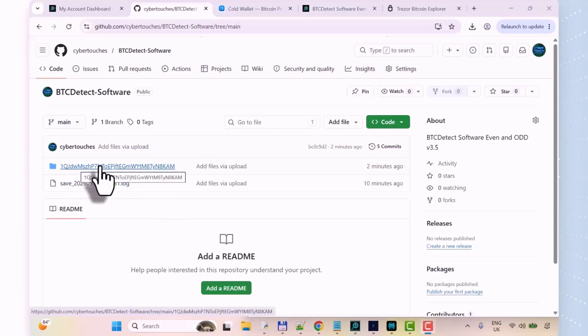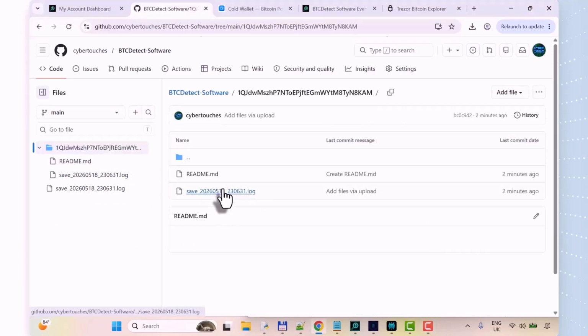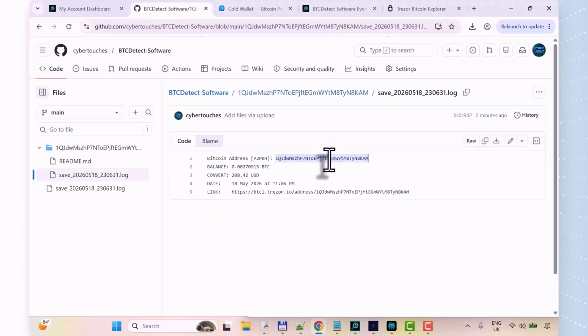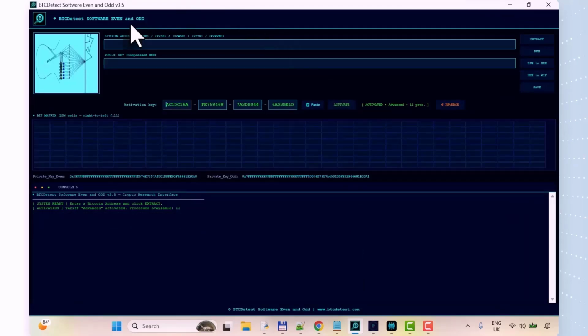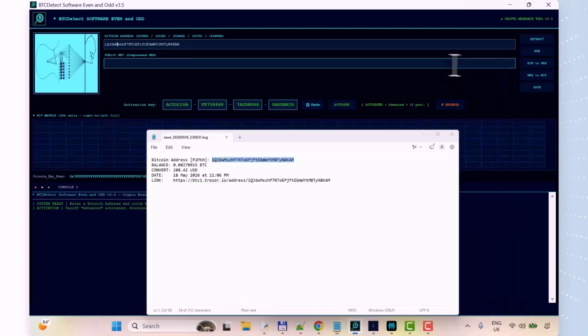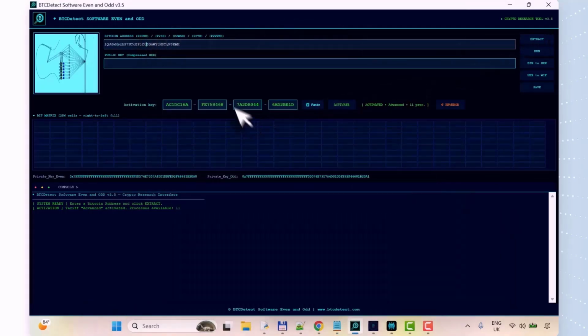So we got a folder with the Bitcoin address where I saved the Bitcoin address. This Bitcoin address is a leak through external channels. So, the FolBit blockchain data leak. Now let's use the BTC software. We enter the Bitcoin address in the field, which is really simple. We just copied it. The Bitcoin address, and then we need to click the extract button, and then in the console we see